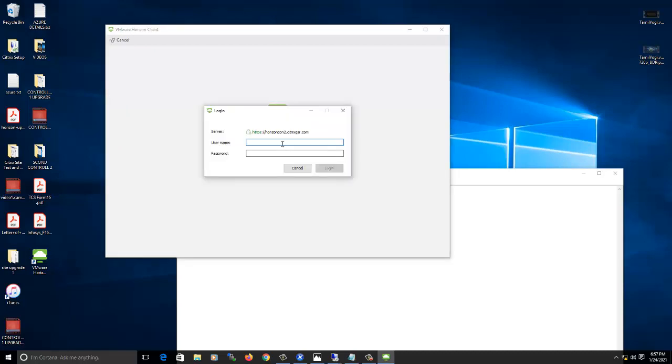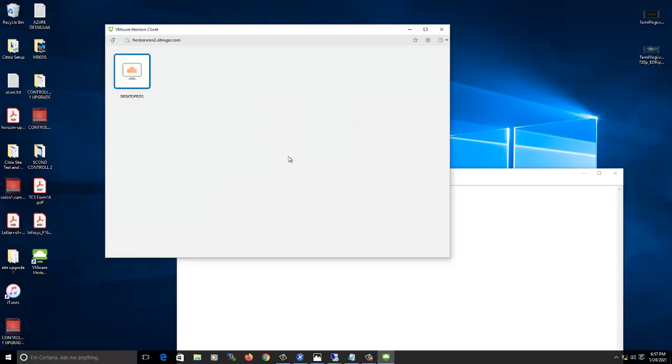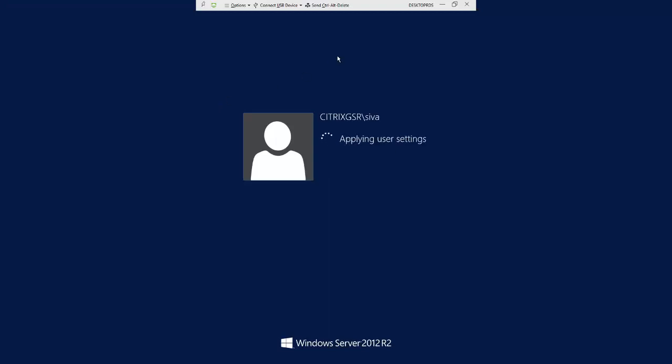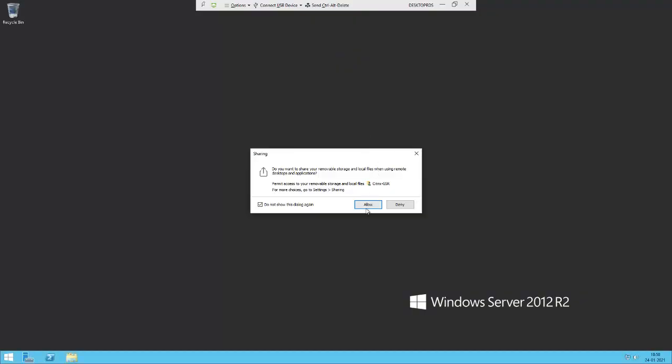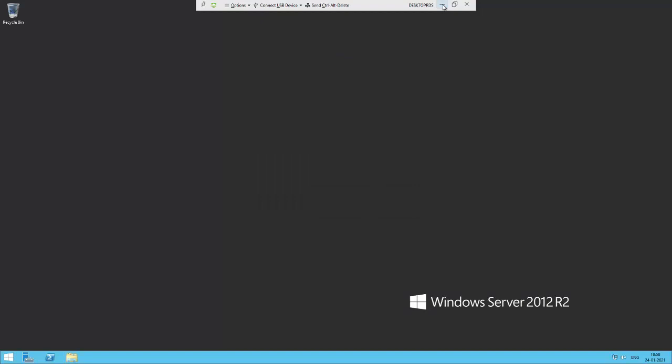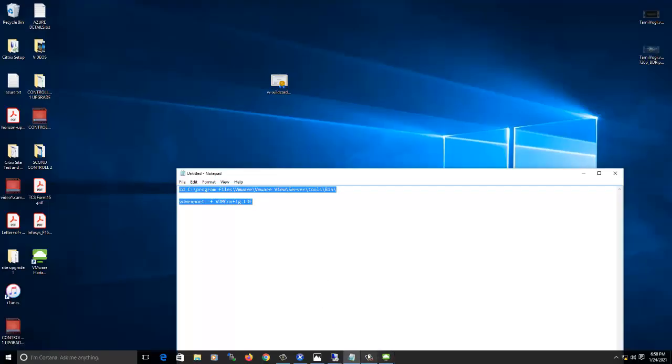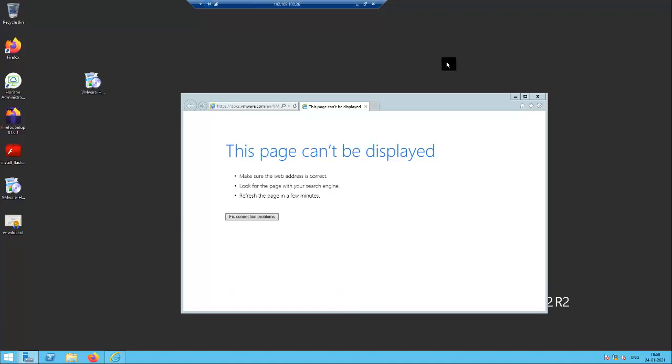Yeah, it's connecting. Connected, launch a desktop. Yeah, we are able to launch the desktop. So it seems connection server 2 is also working fine after the upgrade. Try to launch the console here.